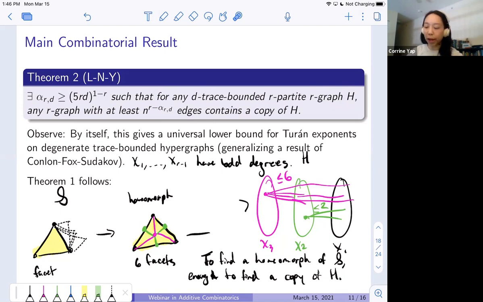So are there any questions about how we got theorem 1 from theorem 2? And I should say, in general, you can do this for higher uniformity or higher dimensions. In general, your D for the D trace boundedness will be something like (k+1)! when you're looking for k-dimensional simplicial complexes, based on doing this analogous subdivision for each of your facets. Are there any questions before I go on?